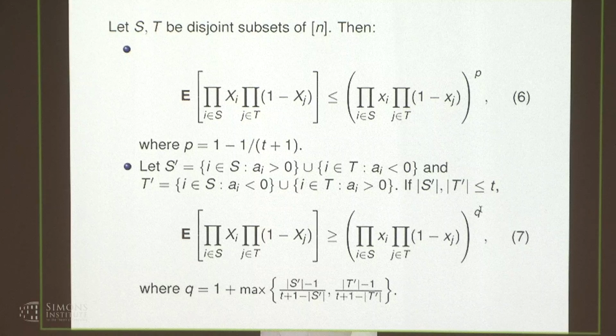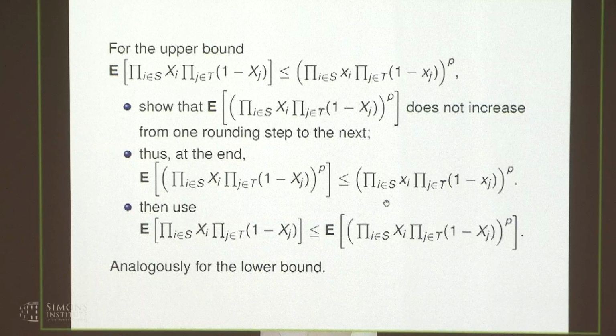Once again, let's look at only the first bullet item. You want to prove an upper bound on the expectation on the left-hand side. And remember that the algorithm does multiple rounding steps, taking multiple small steps. We want to prove something for every step and then carry it through inductively, and that's the following. So please look at these three bullet items. The key thing is to show that our randomized algorithm in any one step does not increase